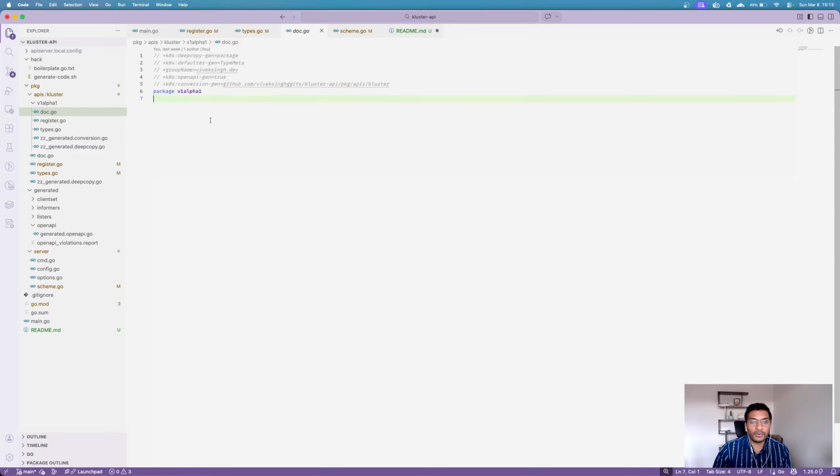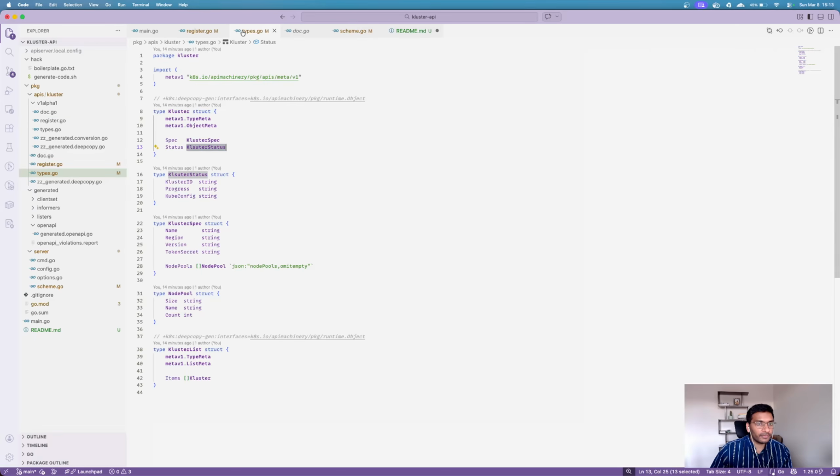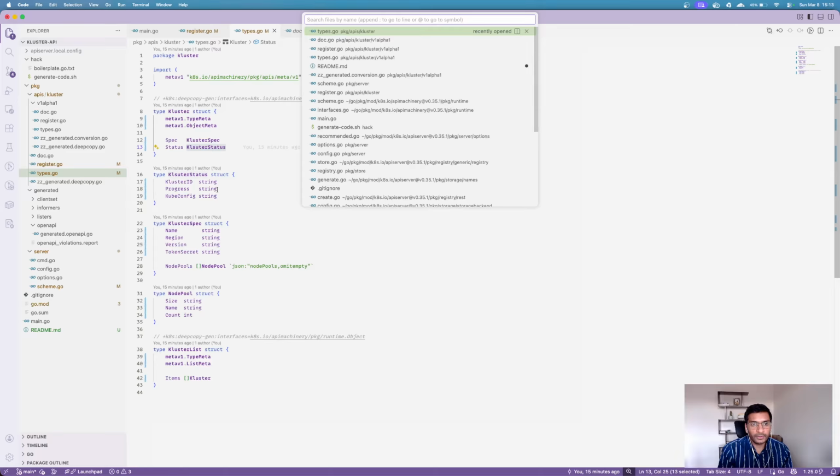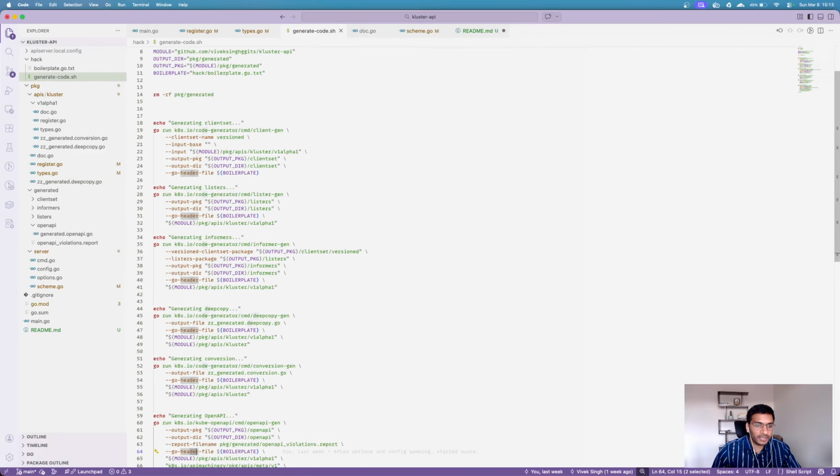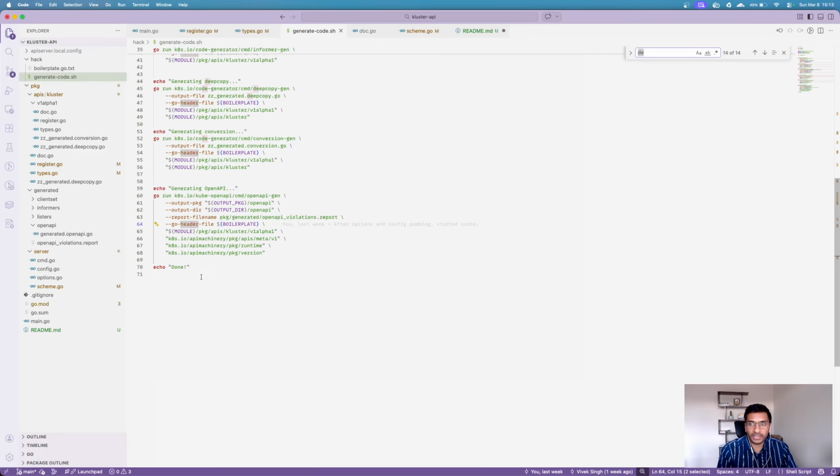So for example, if I want to create a cluster resource and I want to configure some values by default, if they are not specified by users, all of those things can be handled using this mechanism of defaulting. And we don't see defaults generated here. The reason is, even though we have conversion, we don't have defaulting logic generated. If we go to generate code.sh, we are generating everything, but we are not generating